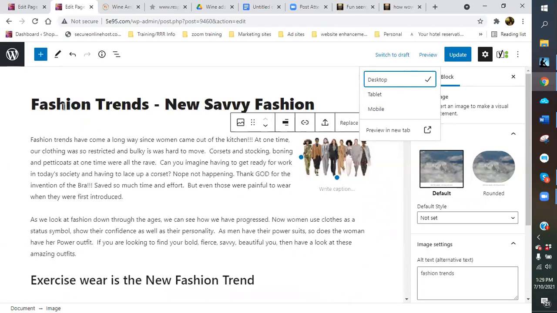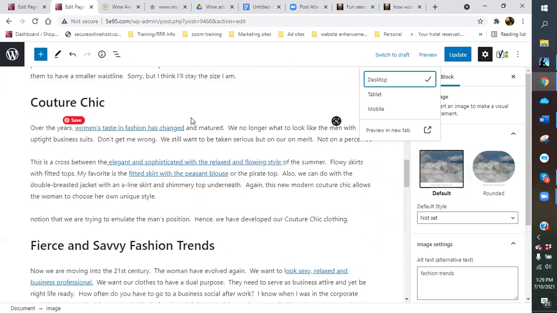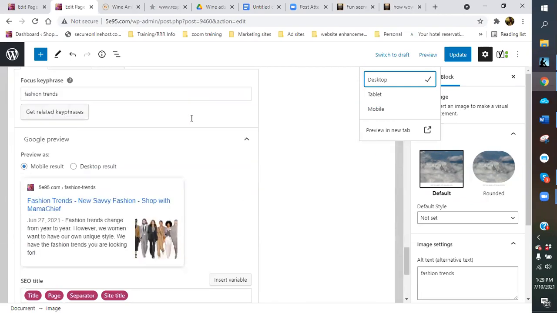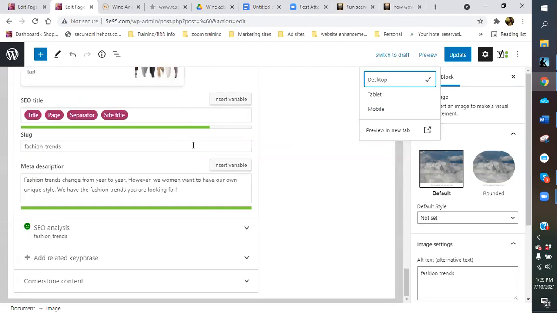You want to make sure your titles are short, sweet. Like again, I got fashion trends, new savvy fashion. Okay. But if you come down to my URL, which is your slug, I just have it fashion trends. I took off what I didn't want because I like using short URLs. It's easy to remember.